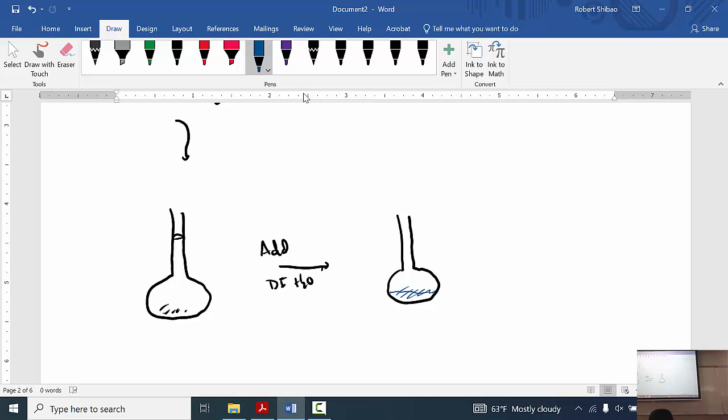There's another way that people mix it, and that is they stopper it and then invert it. So we have different stoppers. We have rubber stoppers. We have glass stoppers. This is a ground glass joint here, so the glass stoppers fit in there very tightly. It provides a nice tight seal. And we have plastic stoppers. Plastic stoppers have a twist handle on it. So if you twist it to the right, it expands. If you twist it to the left, it contracts the